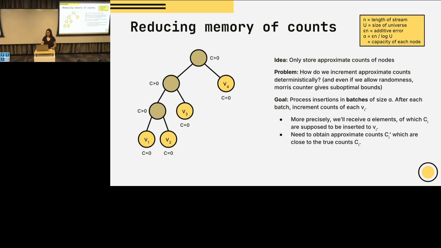So the reason that we need batches of size alpha is you want to make sure that during the process of insertions, V1 through V4 don't overflow. Otherwise, at the end of the day, we're going to come back to our bigger tree and update it. And if V1 through V4 overflow, then we don't know which tile to put the things into. That's why alpha is at most the size of, okay, that's how you pick it, so it's going to balance out. We basically pick alpha to be this, and it turns out to be the best parameter choice.